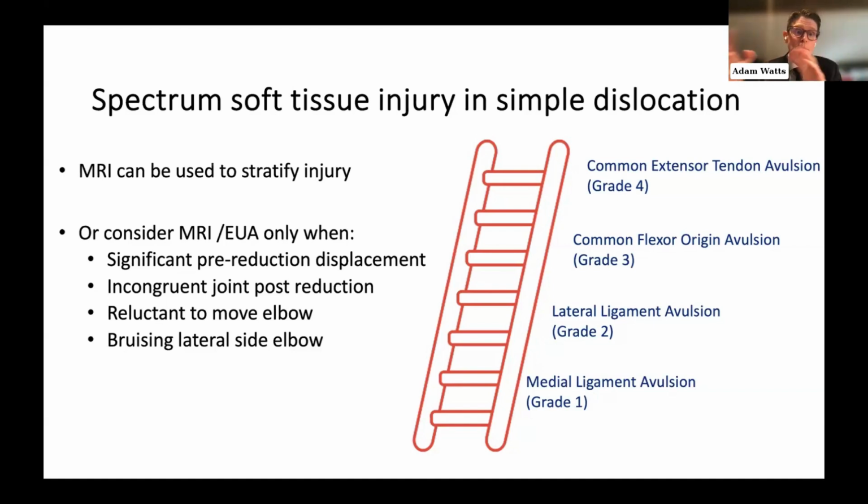You can look at some predictors, so significant pre-reduction displacement might be an indicator of more extensive soft tissue injury. An incongruent elbow post-reduction is a bad sign. The patient who's reluctant to move the elbow, that can be misleading, but it may be a sign of a more unstable elbow. But do look out for bruising on the lateral side of the elbow, because normally the canvas,